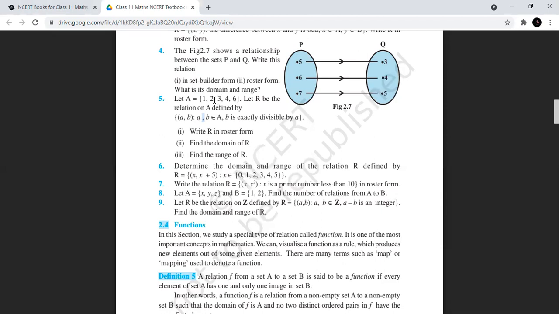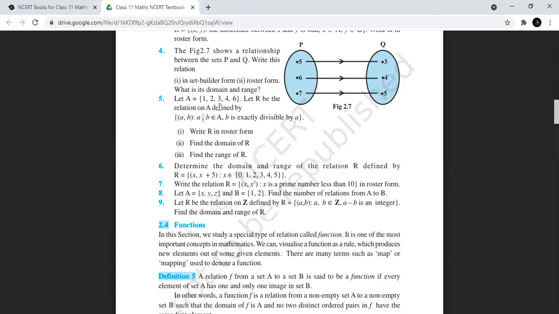Then next you have to move on to the second entry now 2. अब 2 का चेक करो. Obviously आप नीचे नहीं जाओगे, अब आप ऊपर वालों को ही देखोगे because the number dividing has to be smaller. Okay, so with 2 you will see B is exactly divisible by A बोल रहे हैं ना, so B has to be greater. So with 2 you would check 3. 3 is not divisible by 2, so (2, 3) will not be part of your relation. Then go for 4. Yes, (2, 4) will be part of relation because 4 is divisible by 2. Then (2, 6) will also be part of your relation because 6 is divisible by 2. That is how you do it.